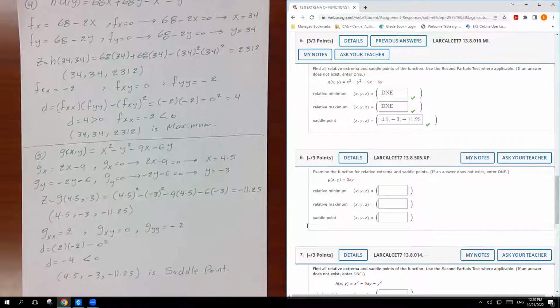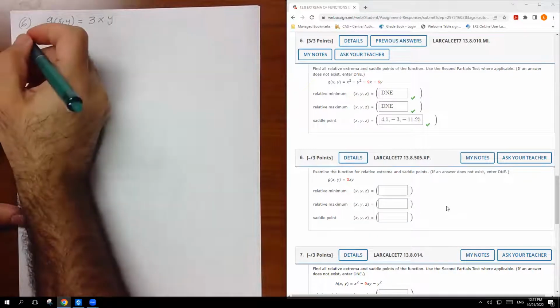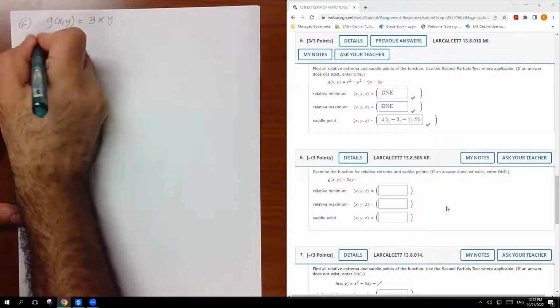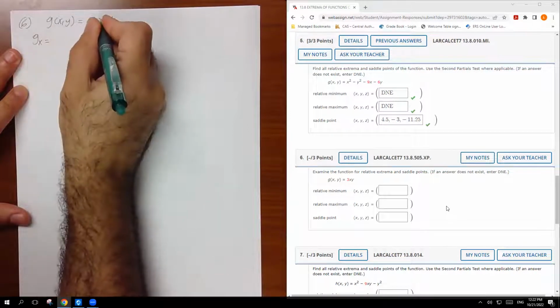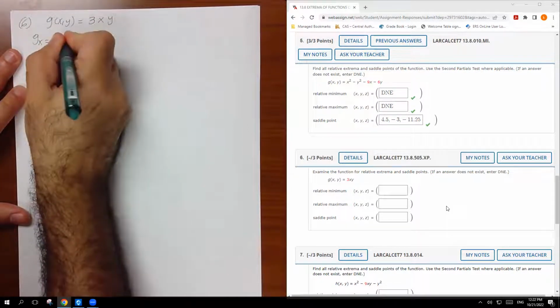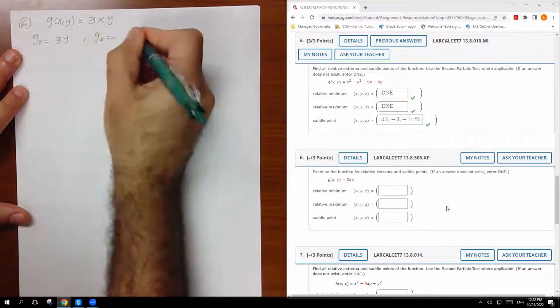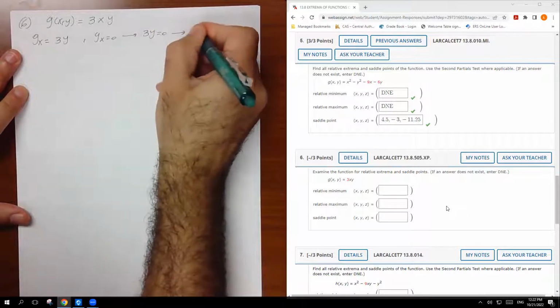Right, let's go to the next example. Exactly the same thing, but we have our function as g of x, y equals 3xy. So example 6, let's find the extrema, maximum or minimum. That means g sub x, with respect to x, this is 1, all this is constant, so 3y. Now set g sub x equals 0, that means 3y equals 0, that means y is going